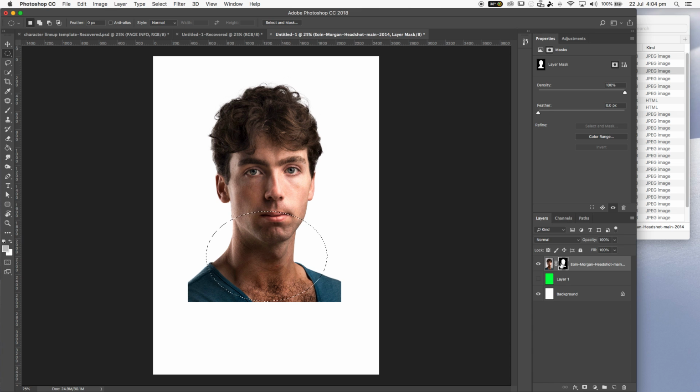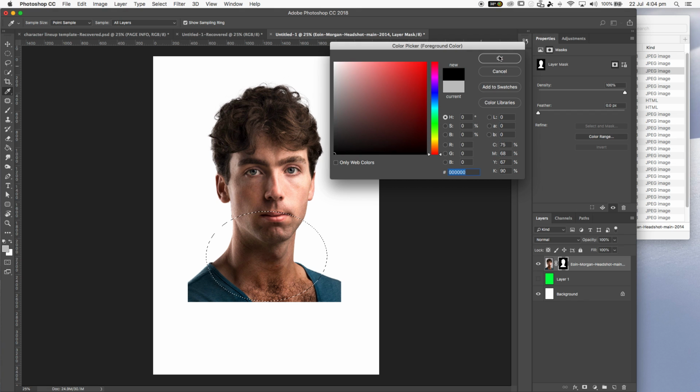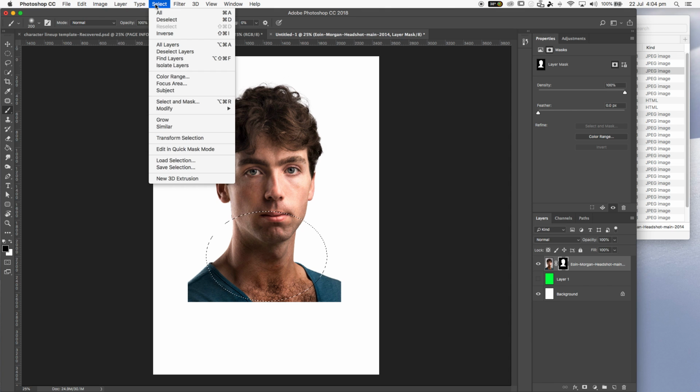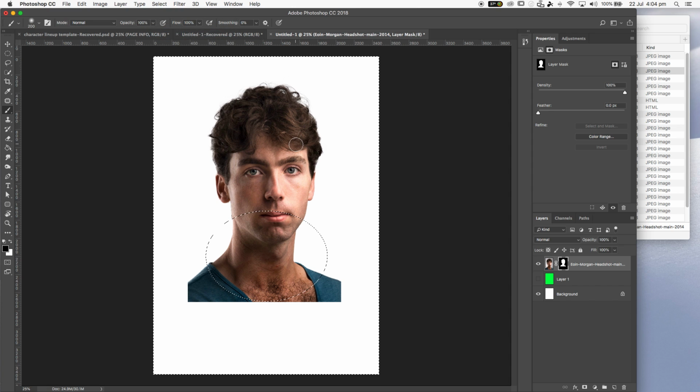I'm going to make sure I'm selected on my mask and go B for brush, and I want to make this outside shoulder part invisible so it looks a bit more stylized. So I'm going to make sure I've got black selected. Now the problem is that I'm erasing inside the circle, and I actually want to erase outside the circle. So what I'm going to do is go to Select, Inverse, and this is a really important one to try and remember. So Shift Control or Shift Command if you're on the Mac, I for inverse, and you'll see there's marching ants on the outside. And what that allows me to do is I can now paint in